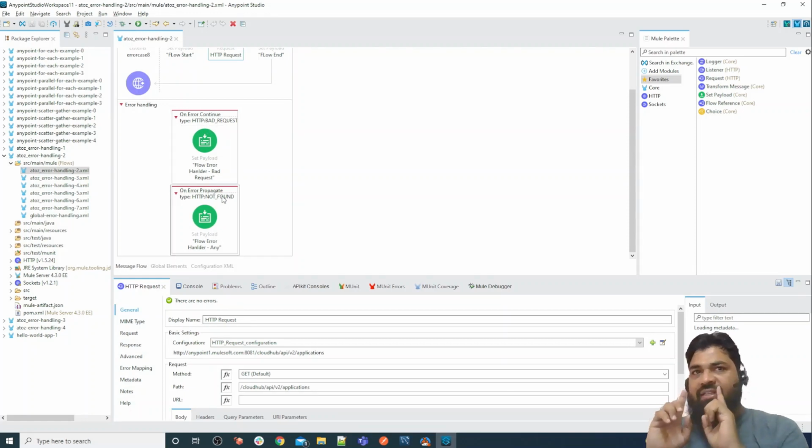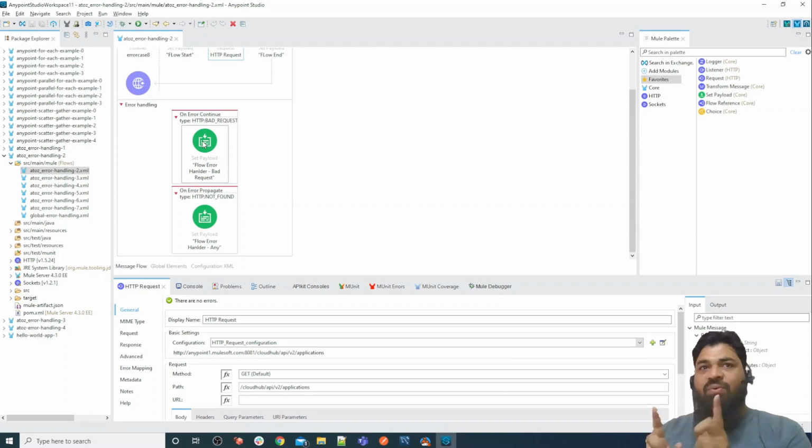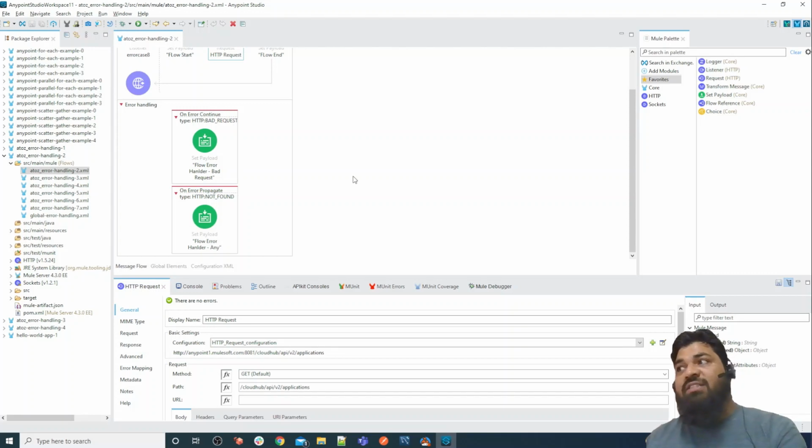If you have defined error handling, and due to certain conditions, certain types and when conditions, it is not matching with the catcher, then who comes into the picture? The default error handler comes into the picture. Later I am going to explain how we can replace the default error handler with our own error handler. The concept is that if there is no matching error handler, the default error handler comes into the picture. If you define a global error handler and have replaced the default error handler with it, then our global error handler takes the place of the default error handler.